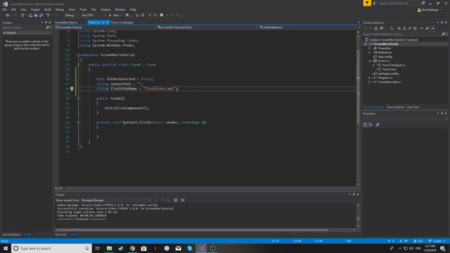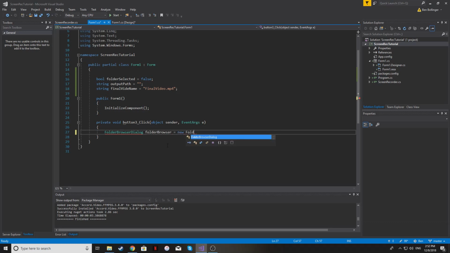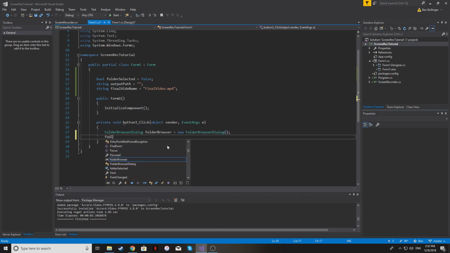So we'll do that, and then upon them clicking on the change folder or select folder directory, we want to create a folder browser dialog, which I'll just call folder browser, which will be equal to a new folder browser dialog. So we want to create that, and then we want to say folder browser dot description is going to be equal to